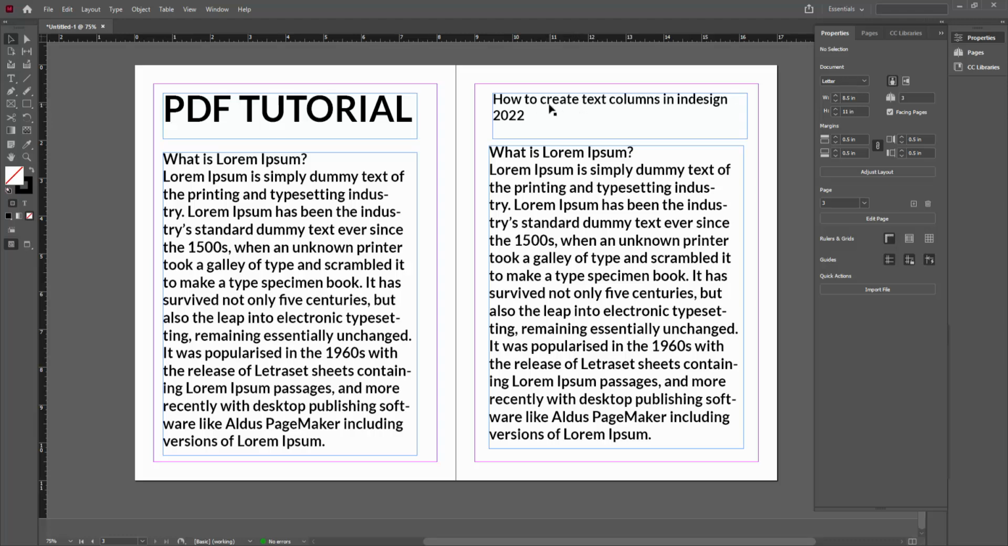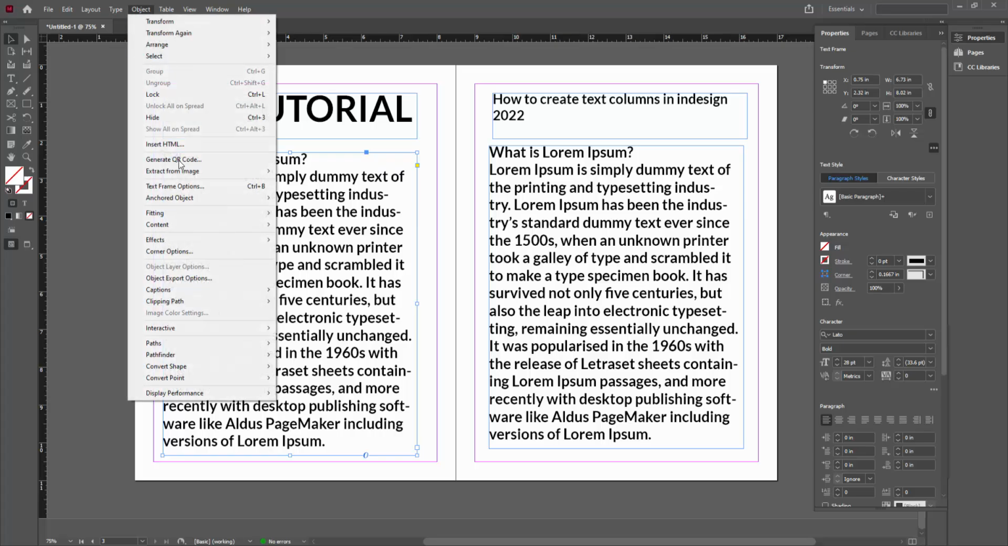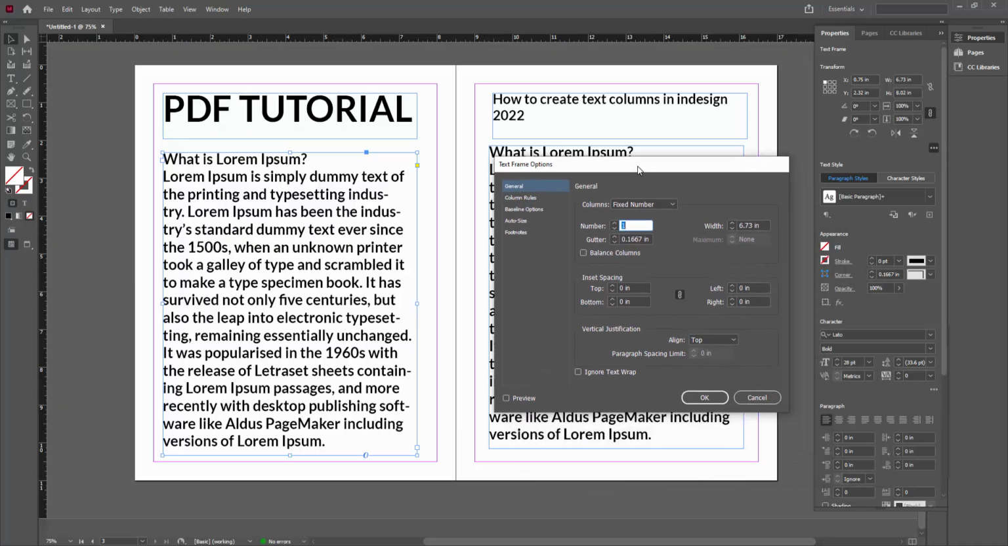Now I am creating text box columns in InDesign. Firstly, select your text box and go to the Object menu and click the Text Frame Options. Then you can see here are columns. Here select Fixed Number. Then we can increase the number, increase it to 3, and you can increase the gutter width, then insert